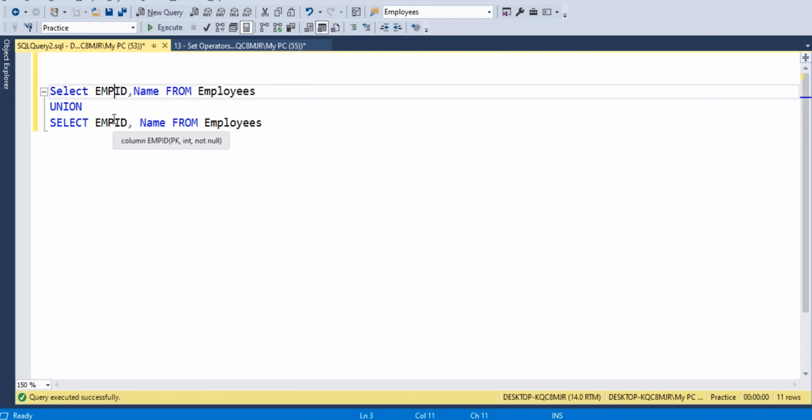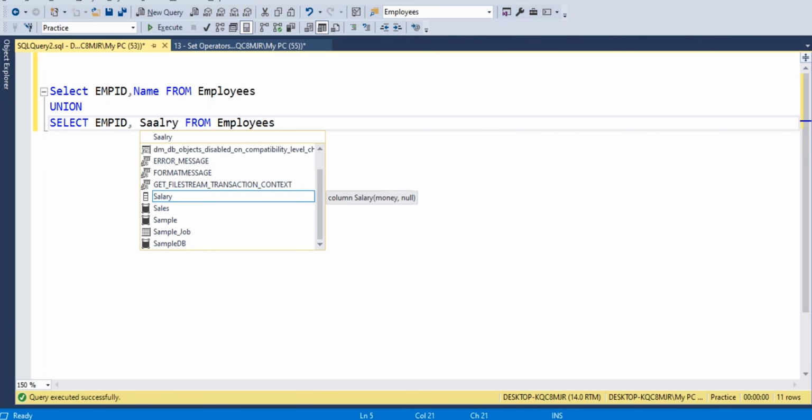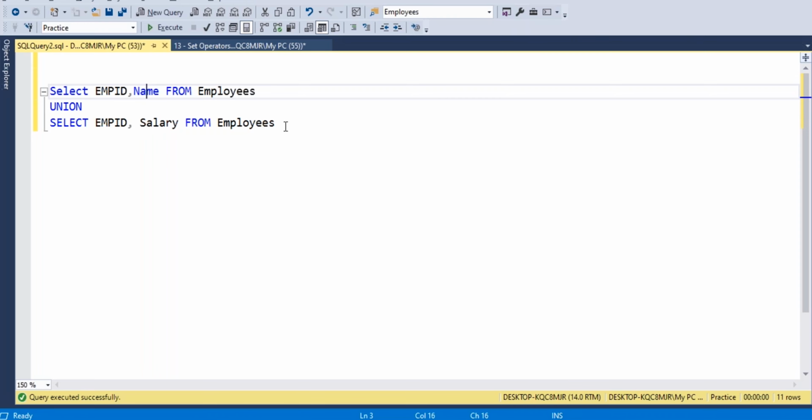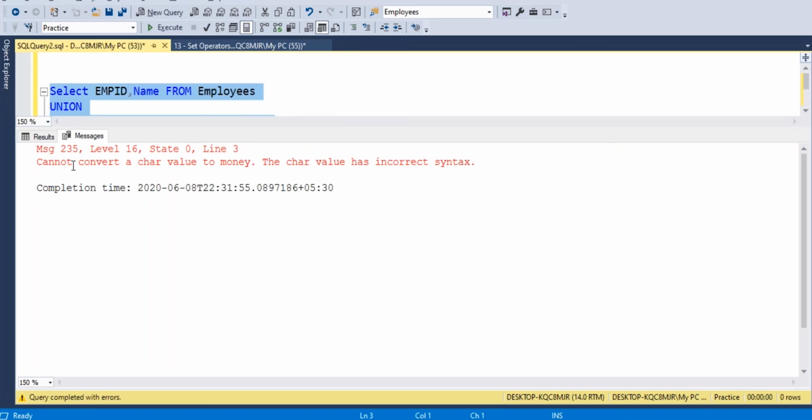Employee ID integer, employee ID integer, name varchar and name varchar. Instead of name I can use salary. In this salary column, the data type is money and the other one is a character data type. When we run this query it returns an error: cannot convert a char value to money. The char value has incorrect syntax.